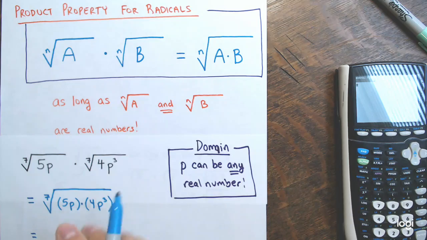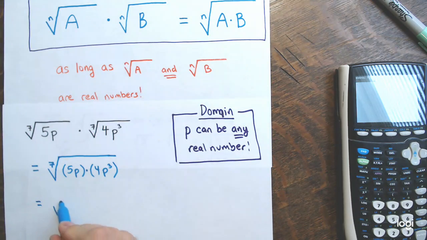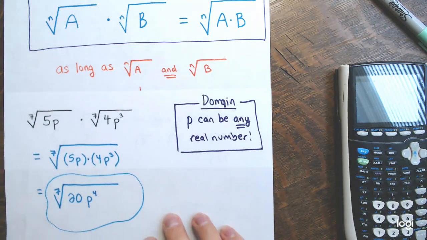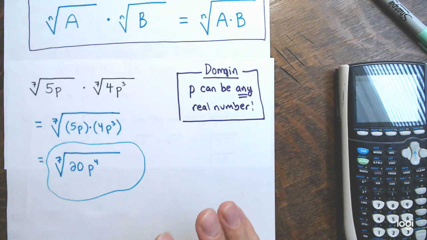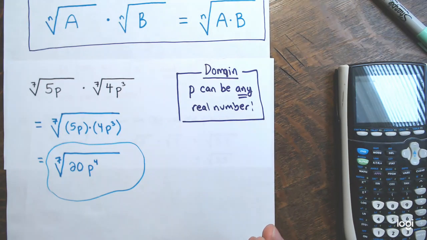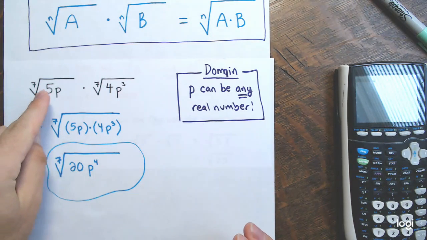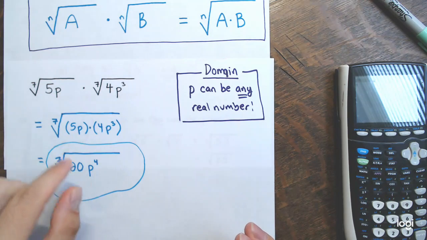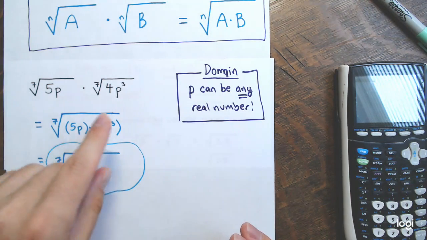This is the 7th root of 20, right? The 5 times the 4, and then p times the p cubed would be p to the 4th, right? You add the powers when you multiply things with the same base, and there you go. All right, and we can check that out, test it. This isn't really proving anything, but we're going to test out if I'm saying this product is indeed equal to this, they should have the same value